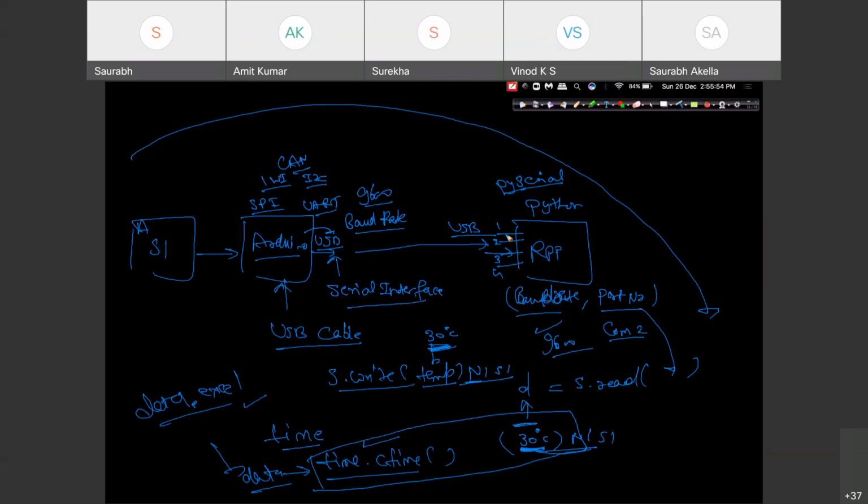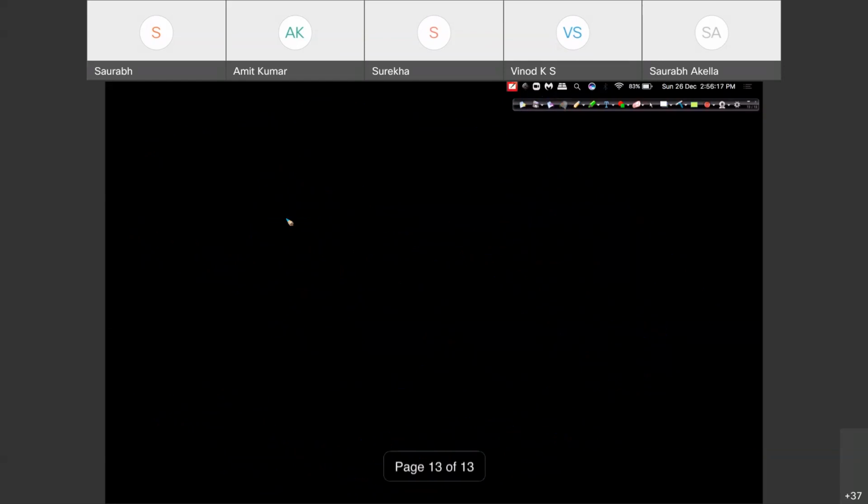I believe this will be easy for you to work along, right? Programming in Arduino using C is quite easy. Programming in Raspberry Pi using Python is quite easy. For communication, you just need to understand how you should share the information using the USB protocol, using the USB port. You can share that, right? It's quite easy. Now, I'm considering that we have got data. Suppose, let me consider I have got data on Raspberry Pi. It doesn't matter what type of data I'm getting, right?